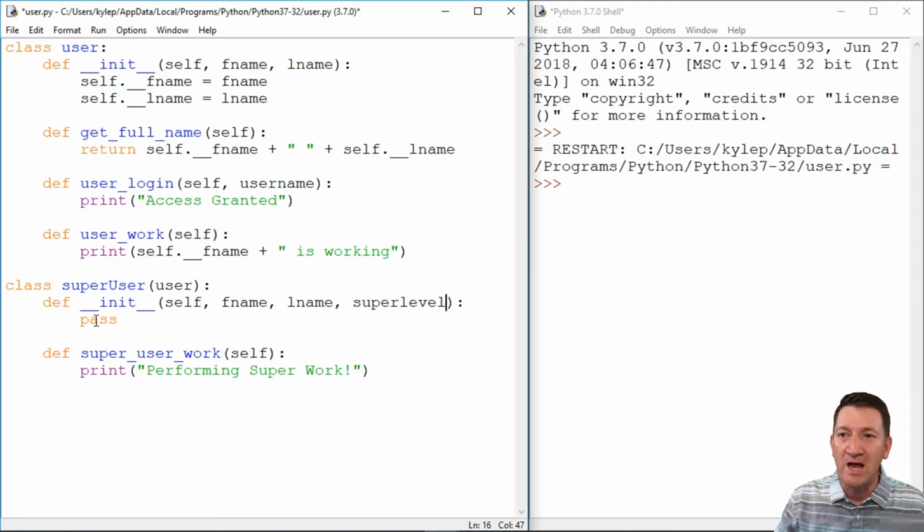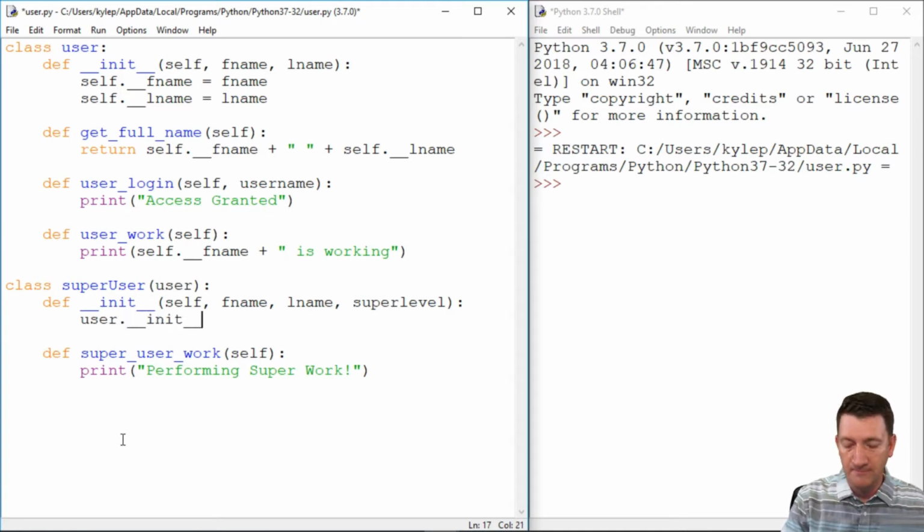All right. Now, instead of pass, because remember, pass is just a placeholder. You're not going to get an error. It's like, I'll come back to you. Let's pass it for now. Here, I'm essentially just going to make a call to the init function of the base class of the user class. So here I'll say user dot